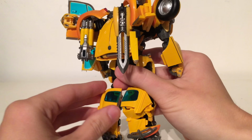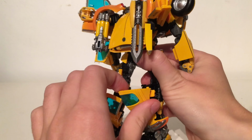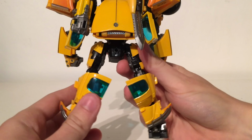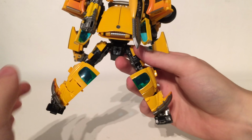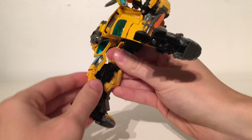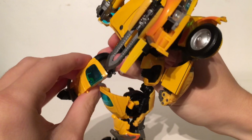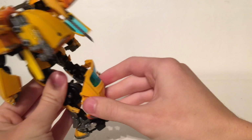You are then going to want to take this whole section and pull it away from this tab piece here, just pull it out all the way like so, and then you're going to want to split the legs. Now, they're more than likely going to flop down, but this just allows for some extra clearance. What you're then going to want to do is swivel it outwards. It is on a double hinge joint, so just pull this whole section out